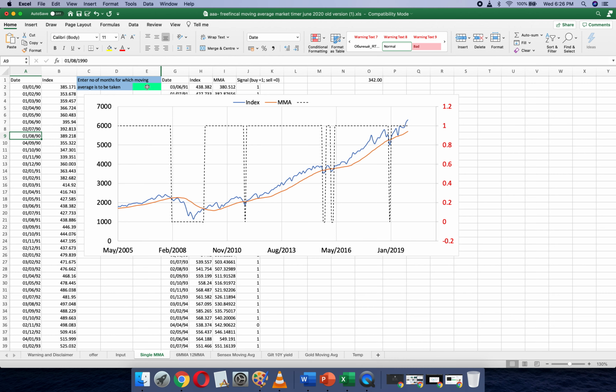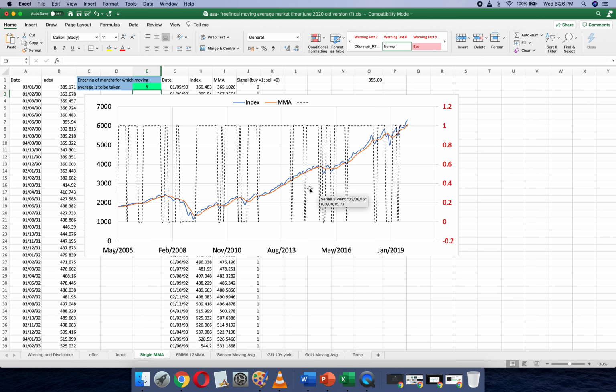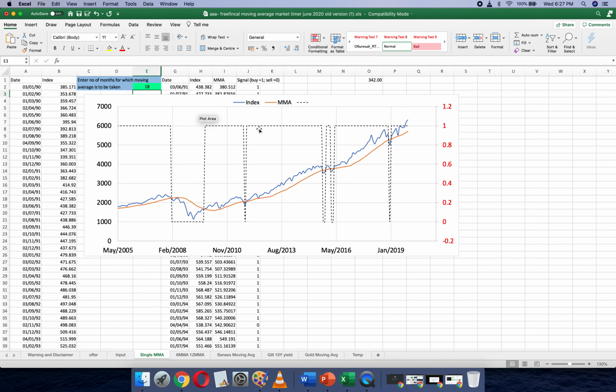Then you can change the number of months over which the average is to be taken. You can choose it. I have used 18 there. You can make it 10. Then it should change, and you can get the new data that's over 10 and so on. You can have 5, whatever you want. Change it. You can see that this buy and sell represents basically, let me put it back to 18 so that it's easier to see. So it basically represents a tactical buying and selling idea, where if the price falls below the moving average, you sell.